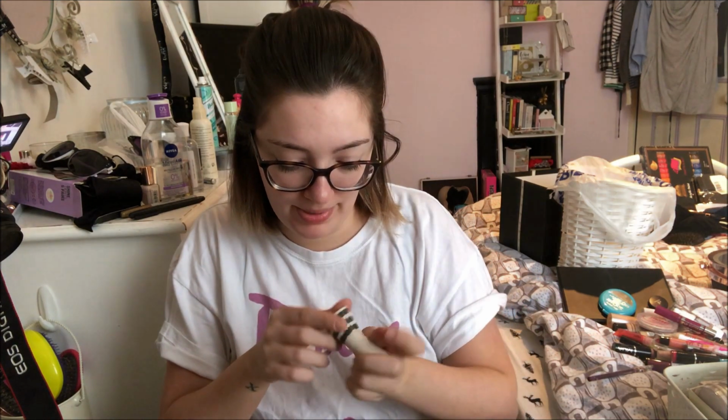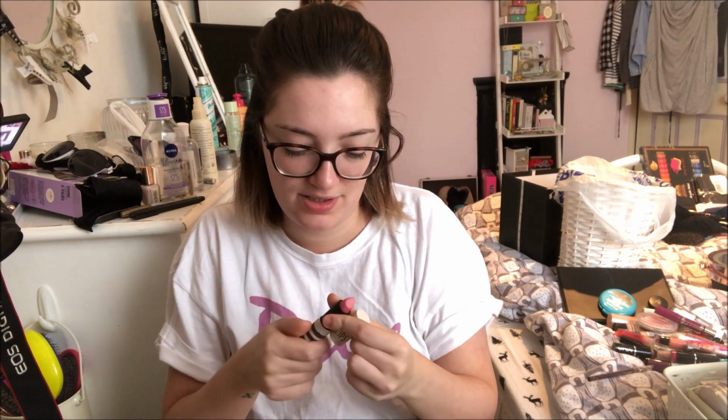Topshop ones. What kind of colours have we got here? We've got Macaroon and Pillow Talk. I love the casing on these Topshop ones. Oh, that's very pink. That's Pillow Talk, isn't it? And then this Macaroon one looks like it would be a lovely colour. Probably not for me. It's kind of corally, but